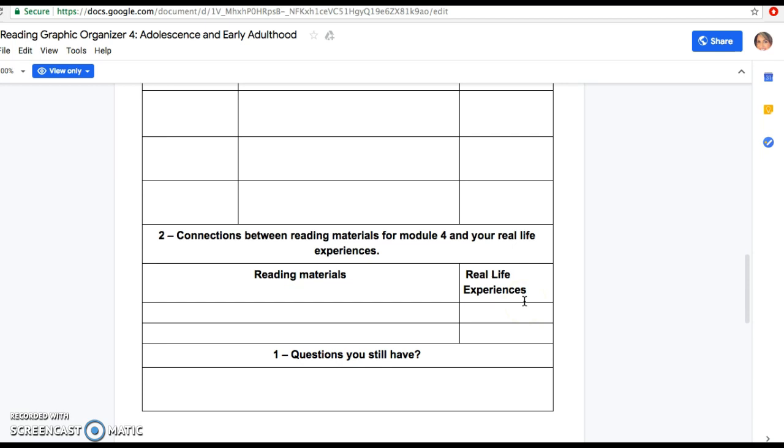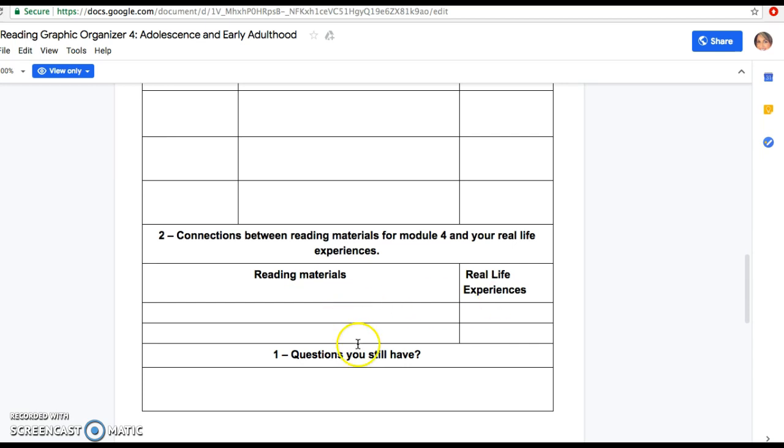So maybe it was just some example in the reading that really struck you, or maybe you experienced yourself where it struck a chord or helped you fully understand what it was you were going through. We all know that adolescence and early adulthood is a trying time. It's a time where we're growing in all aspects of our life, and we definitely come through those experiences with lots of